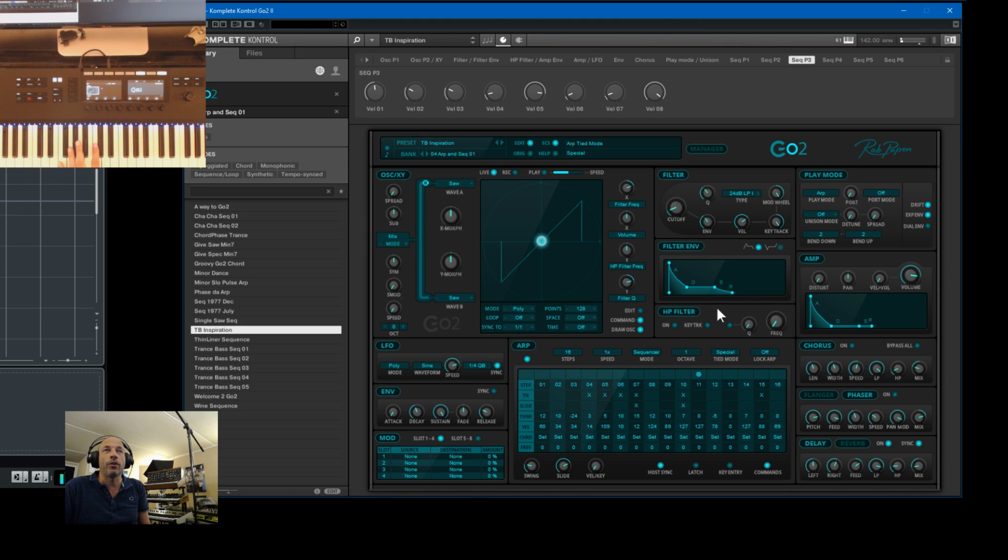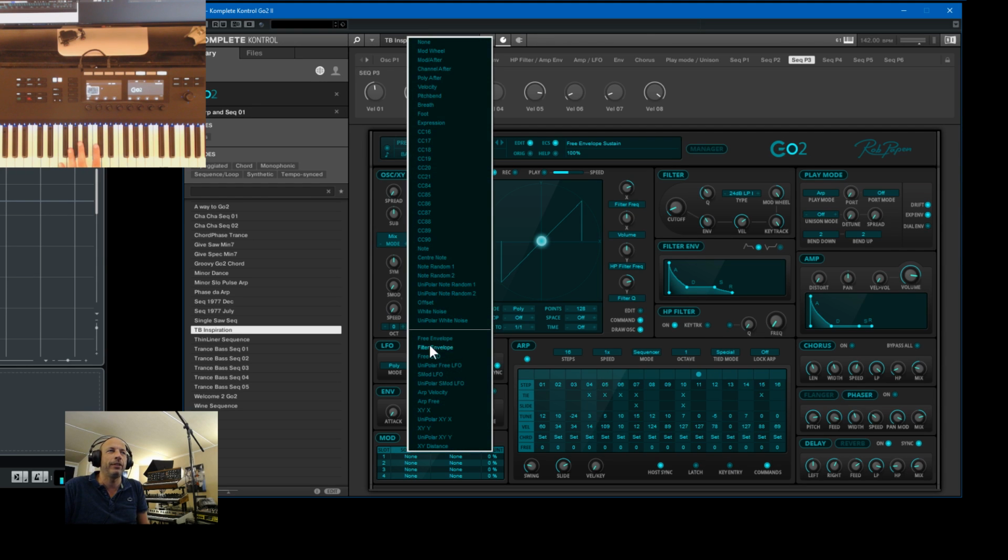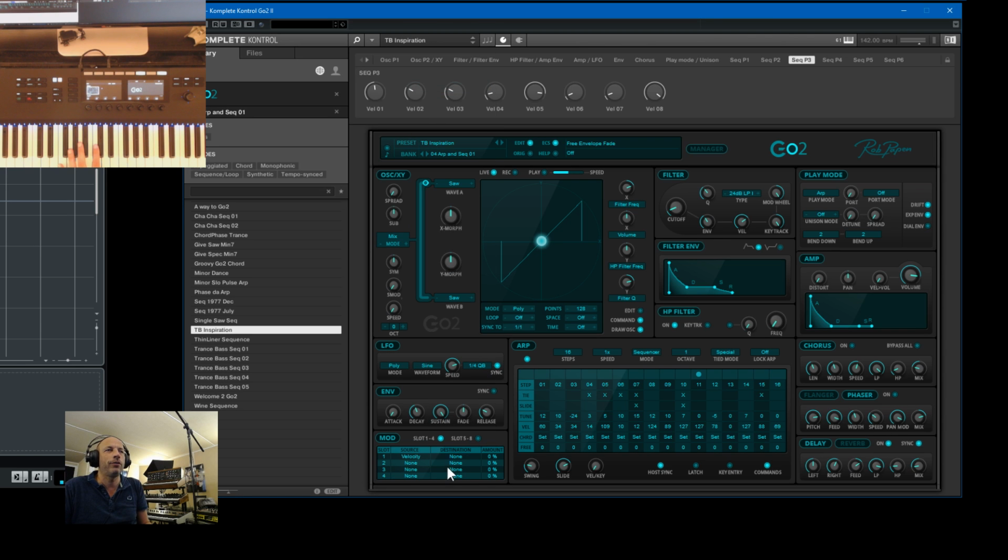I even can put it on the high pass filter. So let's put on the high pass filter. I go to the modulation matrix and I say here velocity, a source, and I pick as destination the high pass filter frequency. Now here the velocity also controls the high pass filter. So you can make some very cool stuff, and that's just by